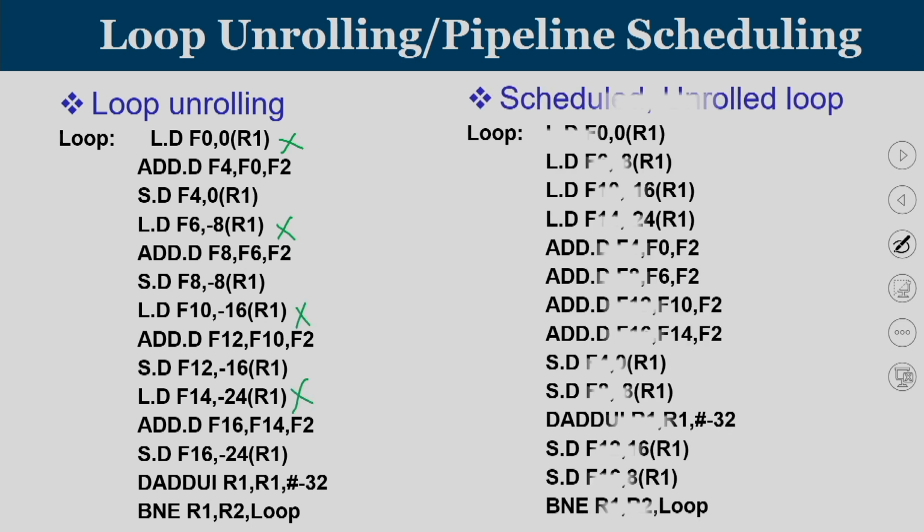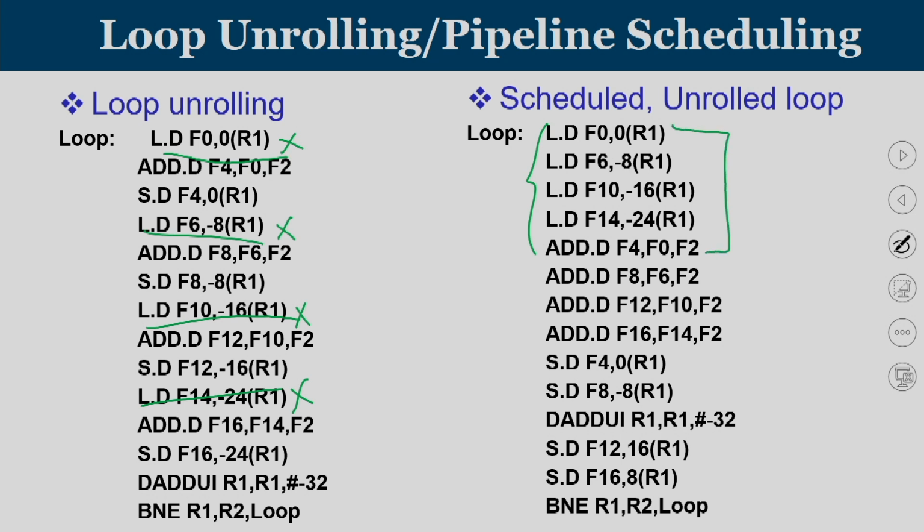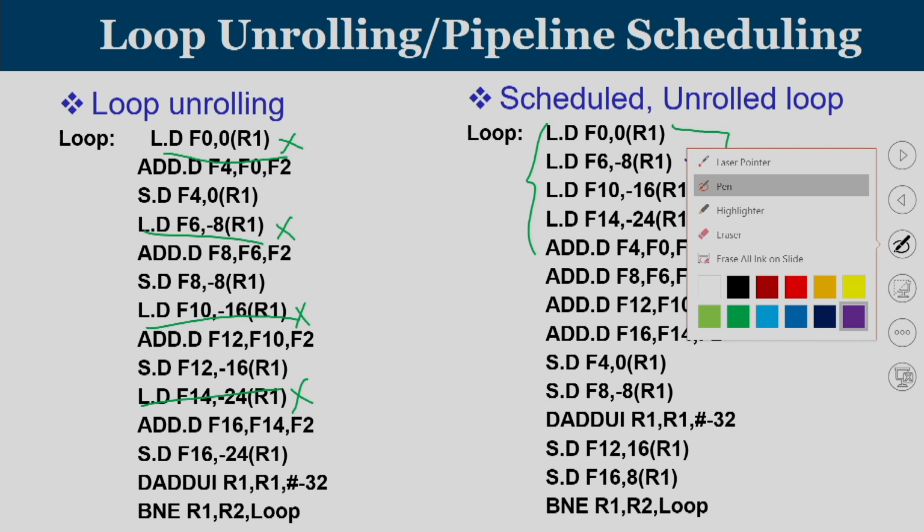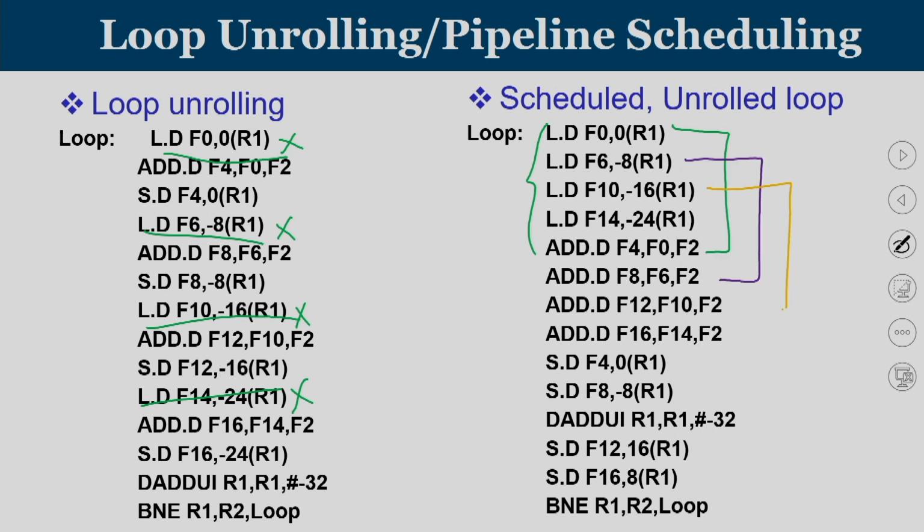Now if you unroll the code, all the loads are being put together. All these loads are going to be put together, and the corresponding adds, this is the corresponding add. When you work on this load and this add is 1. Now if I put this load and the second add is another one, the third one is going to be dependent on this. So every corresponding dependent add and the corresponding load is sufficiently separated.